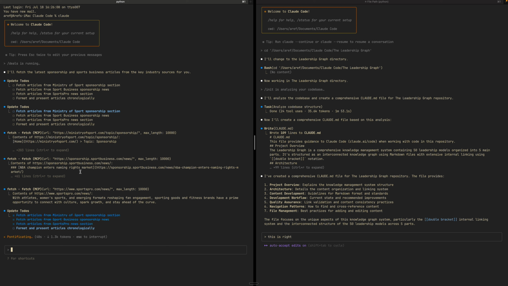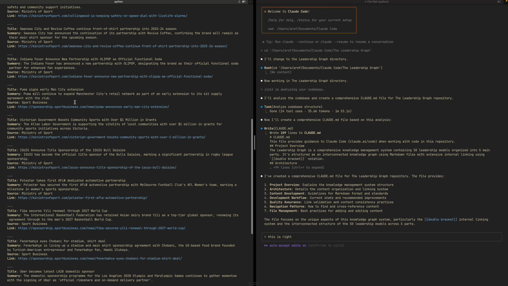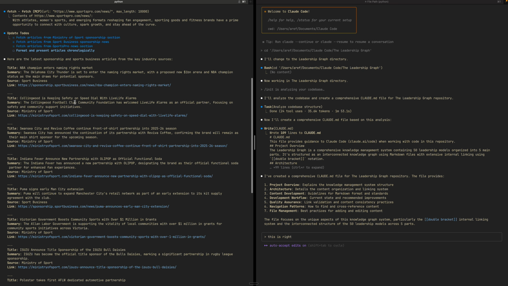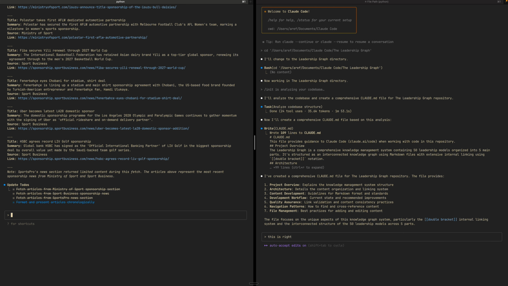So sub-agents, once you prompt Claude Code directly to swarm or work in parallel with different sub-agents, it's gonna give you that input. And as you can see here, I have the formatting in terms of title, summary, the source, and the link directly to that source. And this is basically the whole input that I can